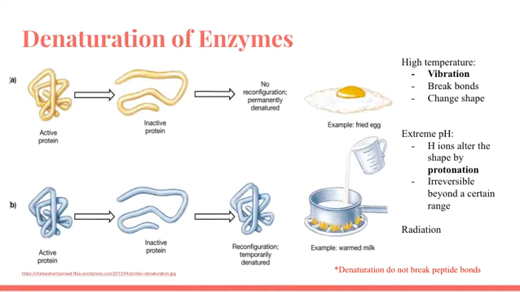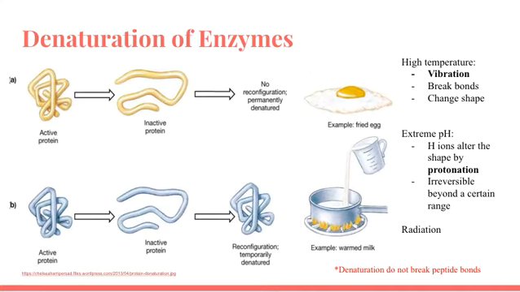Another factor is extreme pH, since pH is a measure of hydrogen ion concentration. When the hydrogen ion concentration is higher or lower than the level at which the enzyme normally works, the conformation of the enzyme is altered. Beyond a certain pH, the structure of the enzyme is irreversibly altered, so the enzyme loses its